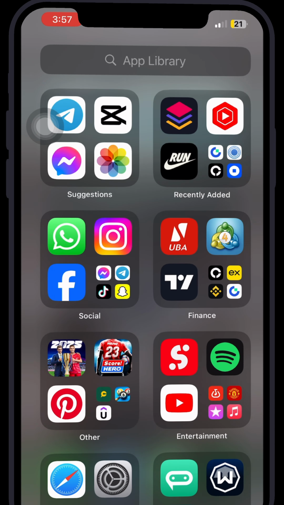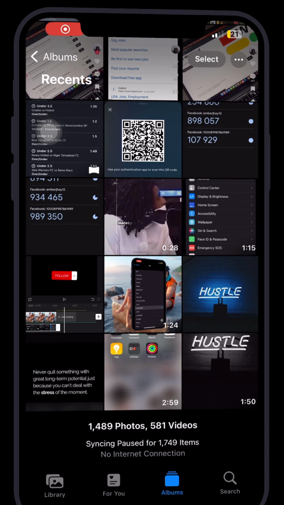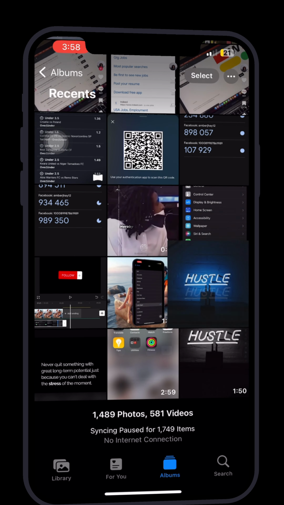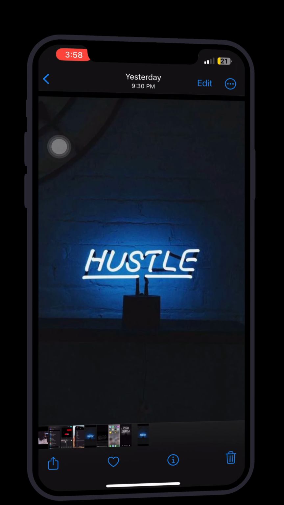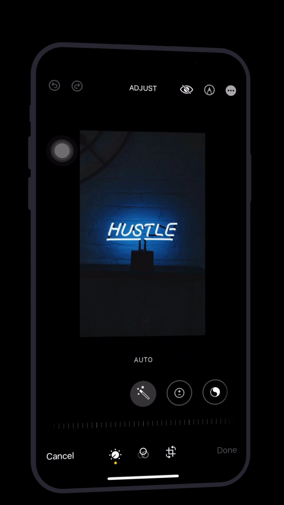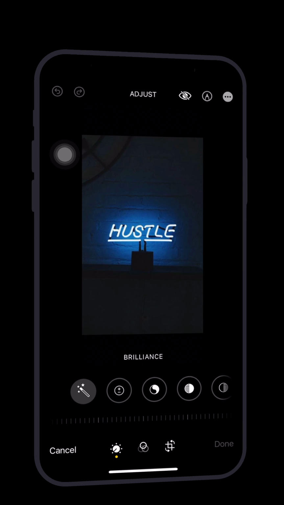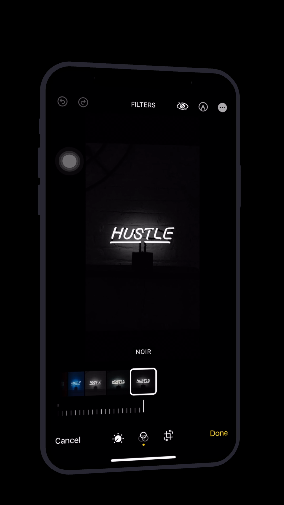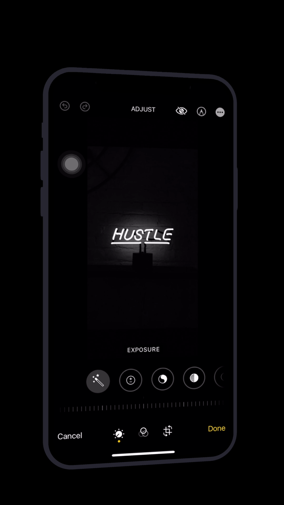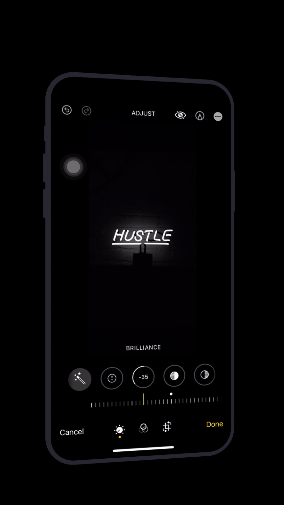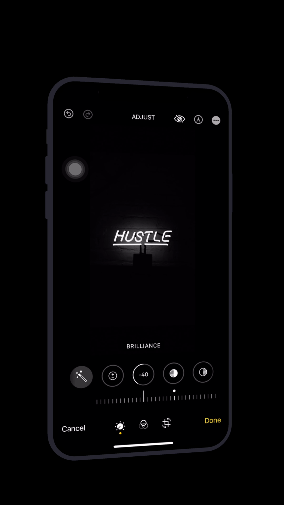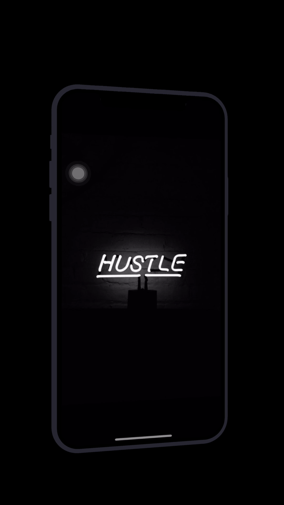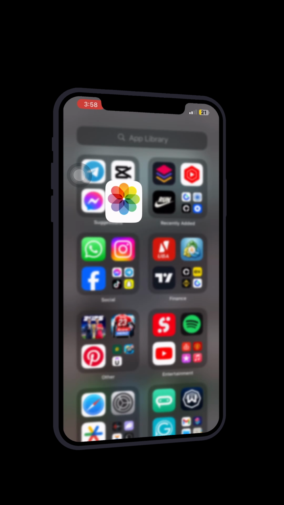So firstly, you go to your photo and you hold the picture you want to use, then duplicate. Come to the duplicate one, go to edit. Once you go to your filters, go down to Noir. Once you are on Noir, then you go back, come to your brilliance, then you reduce it, then done. Once you are done, you go to your wallpaper at your settings,